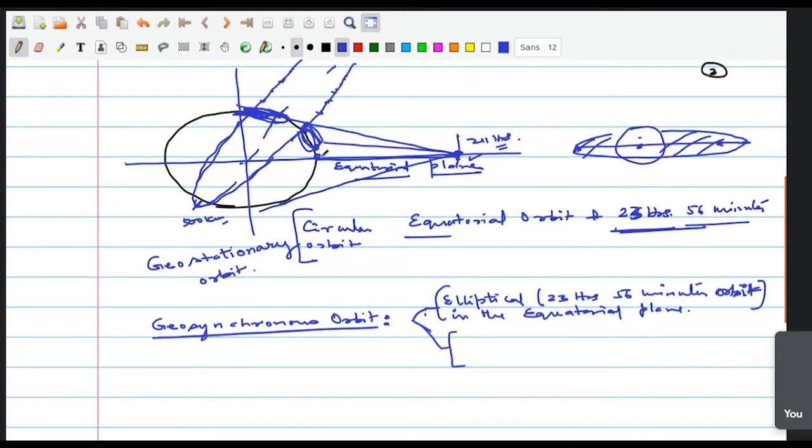If artificially a pole could be raised from this place to this place, and a satellite could be put here, and suppose the gravity and other issues are not there, you can see that as the Earth rotates, along with the Earth it will rotate and it will always remain over your head. But in the case it is in an elliptical orbit, here it's moving fast, here it is moving slow.